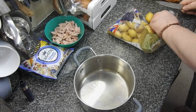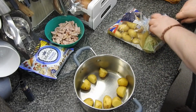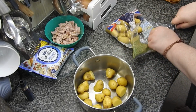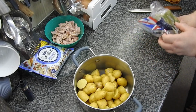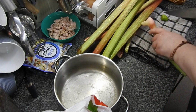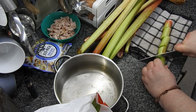So there's the bacon for the quiche. I'm just going to cut up these baby potatoes because we're all having baby potatoes as well. And no, I'm not making my own pastry. Can't be bothered. Yes, I can make pastry for anyone that's new. And my pastry is actually quite nice, my short crust, I'll have you know. Anyway, these have been washed, believe it or not. I'm just top and tailing them and cutting them into chunks,